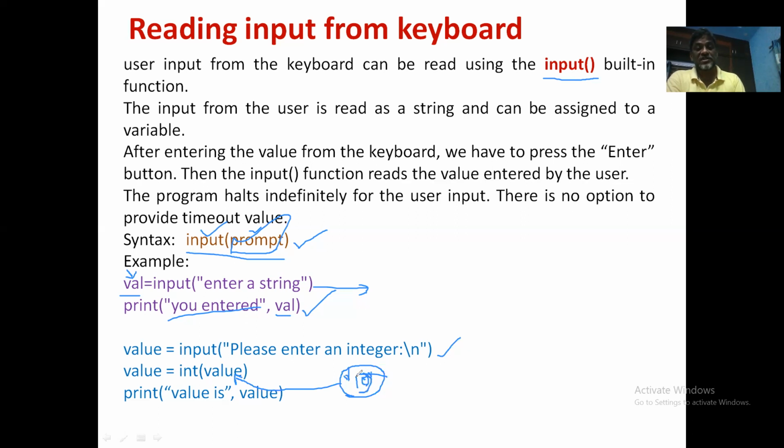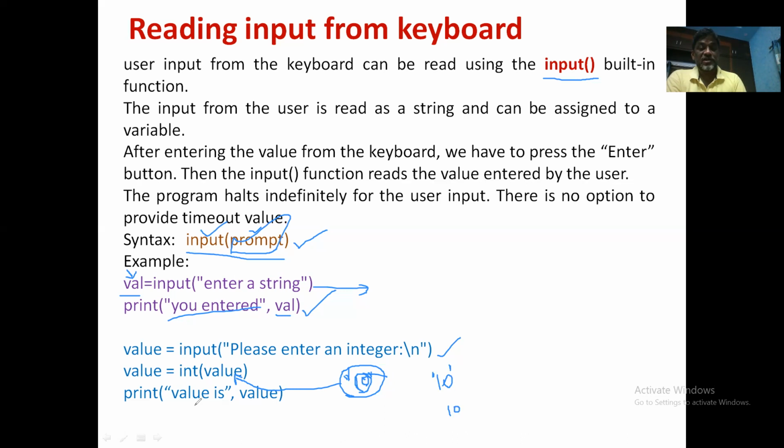You need to understand the difference between string 10 and the number 10. Any value inside double quotes or single quotes is taken as a string value. So this is actually a string, but when you write something like this, it is going to be a number. This is a string and this is a number.